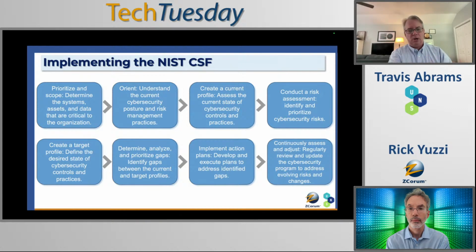Because you're not going to go from, again, 0 to 100 in a month, right? This can take time. So if you have a lot of gaps and a lot of areas where you need to improve, you need to make a realistic assessment of what you can implement and what the timeline is for that. So maybe you have a 30-day plan for what you can change right away, and then maybe a 90-day plan, a year plan. And you just kind of develop that.